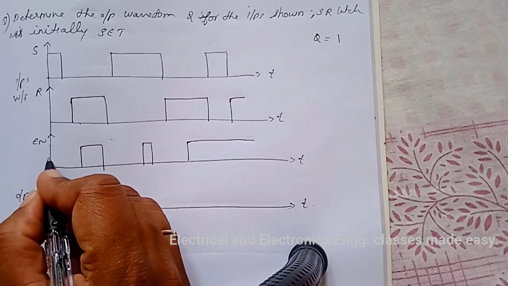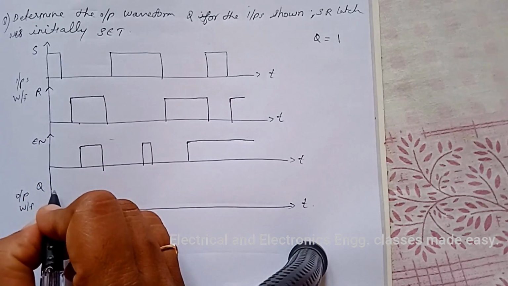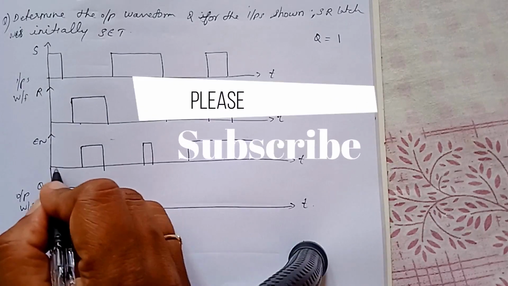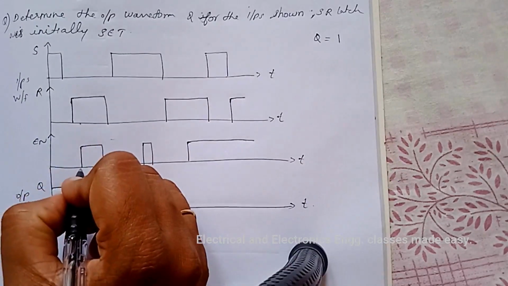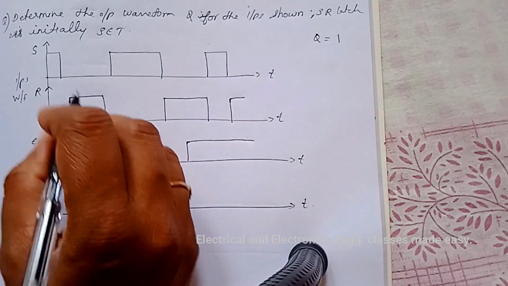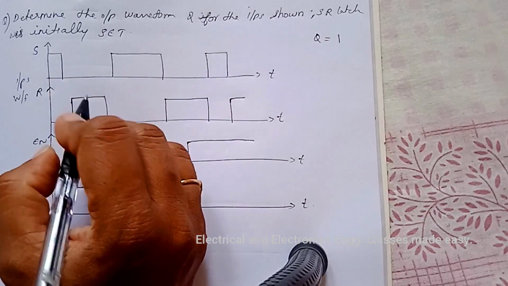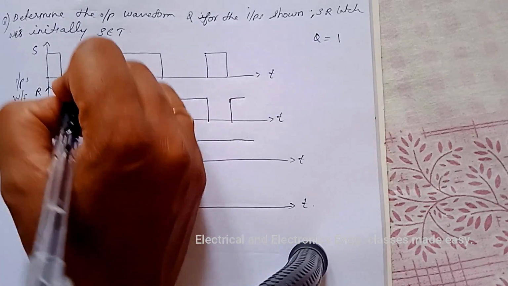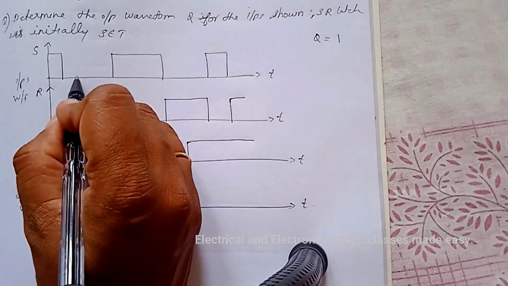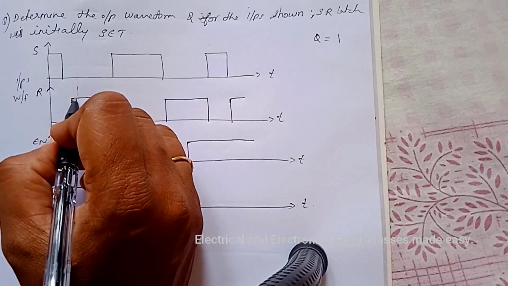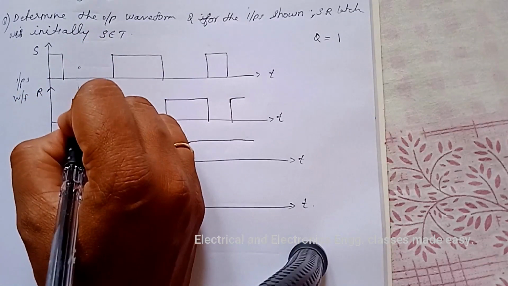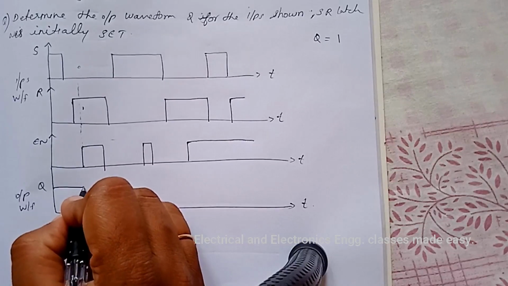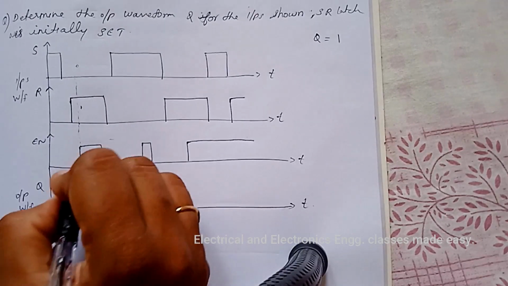So here first the enable is low. Low means the output is in the previous state. That is, the output is high up to this enable low, and when enable is high, it will depend upon the inputs, that is S and R. So here this is high at this point. At this point S is 0 and R is high, 0 and 1. 0 and 1 at this point means the output will be 0. So output will be 0